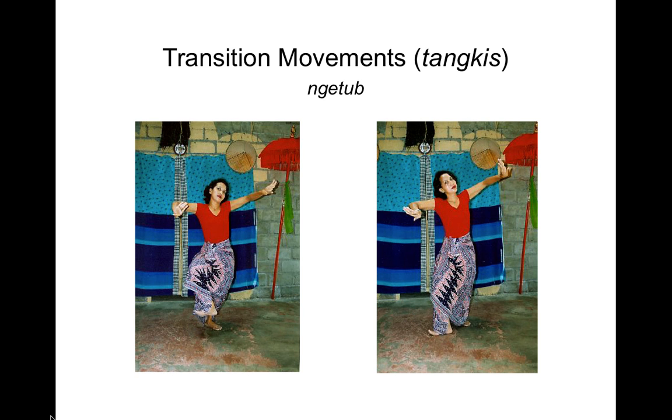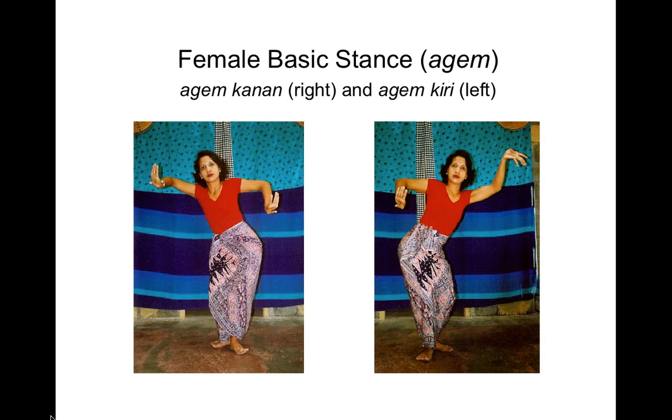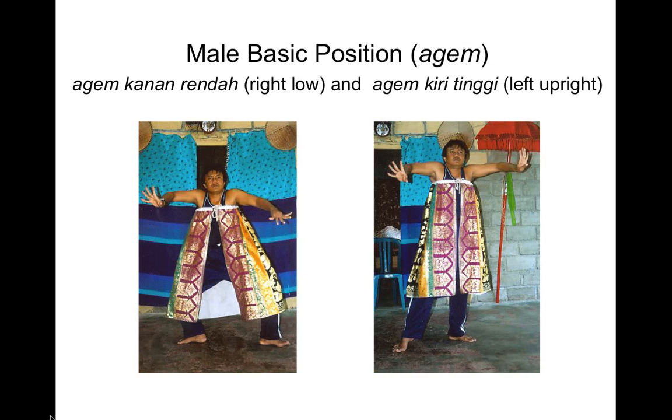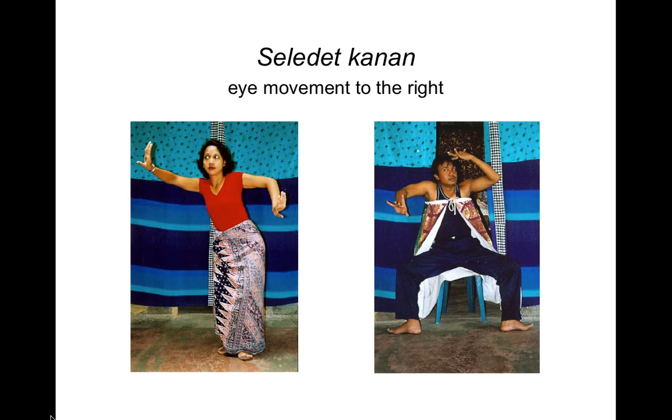And the ngatab involves flicking the wrists of both hands, and as you flick the wrists, you stamp your foot, your right foot in this instance, because she's in the agam. No, it's the left foot because she's in the agam kanan, because her right foot is behind. I'm just going back to look at this picture. Yes, I have told you the right ones. Yes, there is the right agam. Okay, so I was a bit confused there. But let's move on.